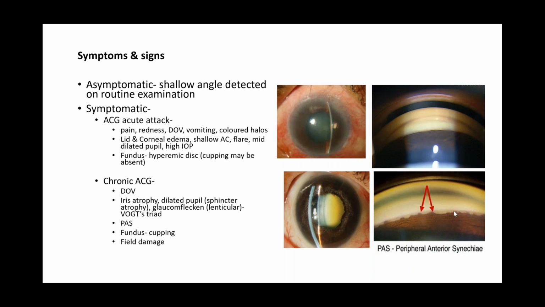Okay. When you see the fundus, there will be significant disc damage. And if you do a perimetry for this patient, there will be field damage. Scotomas, similar to how you see in open angle glaucoma. You can have superior arcuate, biarcuate or ring scotomas, constriction of the field, and advanced field loss.